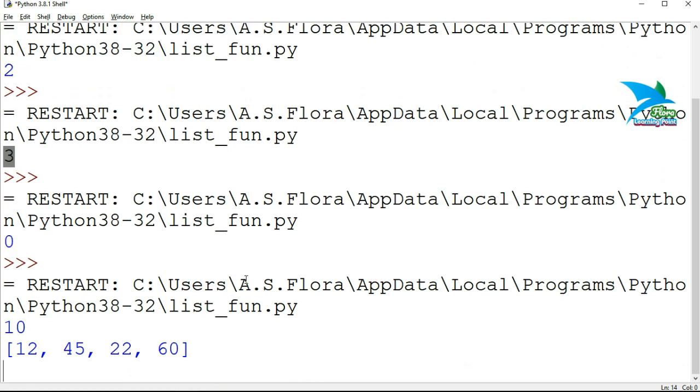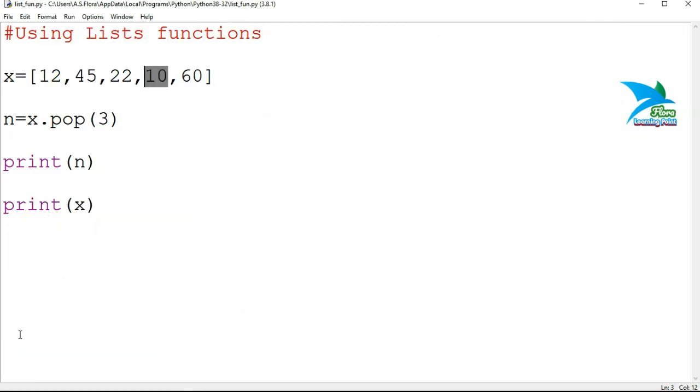Let's try this. Here we have 10. That element has been removed from the list, but before removing it, it returned the value of that element and stored it inside the variable n. So that is all about how we can make use of this pop function.